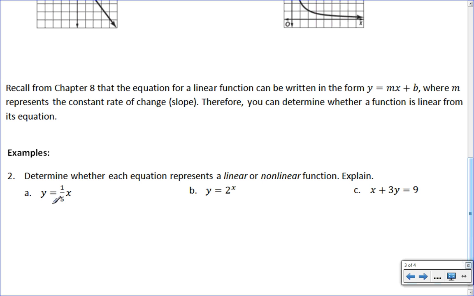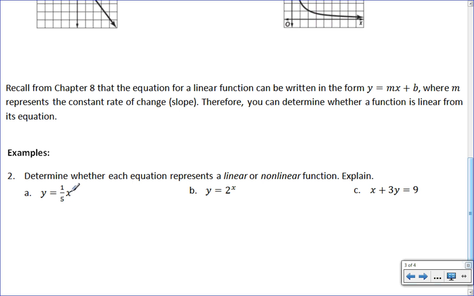The first one, y equals 1/5 x. Well, this looks a little bit like y equals mx plus b. Let's look at it pretty closely. We start off with y equals. Yep. We have a number times x. 1/5 times x. Yep. The only thing we're missing is the plus b, but if you remember, we did actually